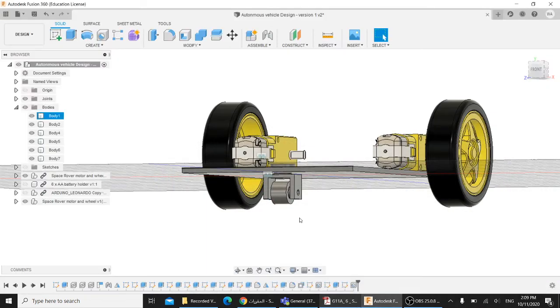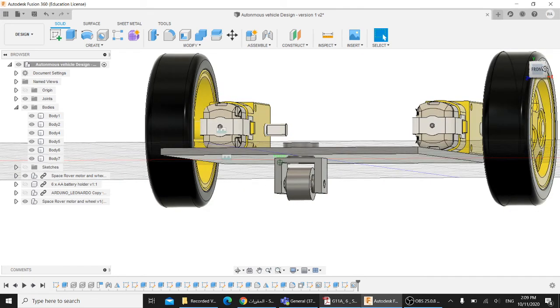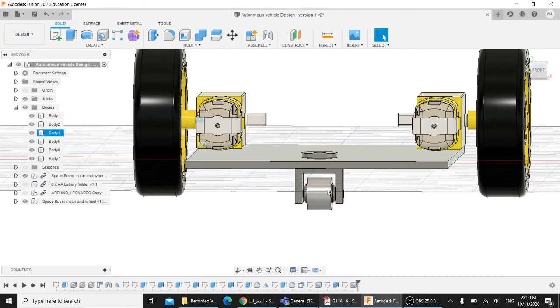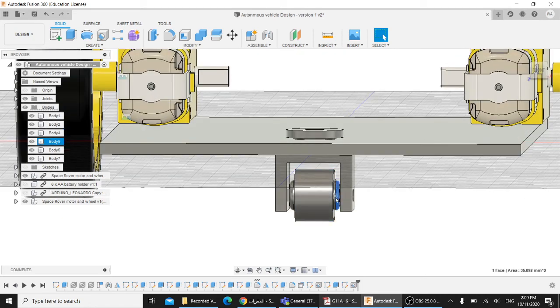If you remember, we have created the caster wheel over here, but let me zoom in a little bit, we have made this one and this one and this one as separate bodies. I think this is body 2, which is a bracket, this is body 4, which is the caster wheel, and it is not combined with body number 5 and this body. So in order to combine them, we go to modify,